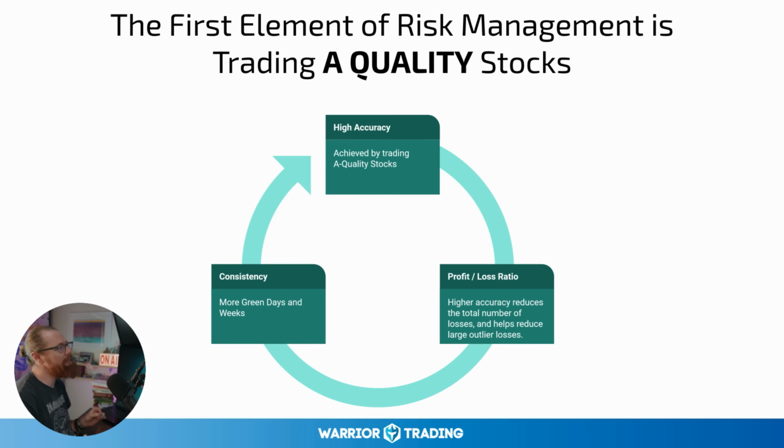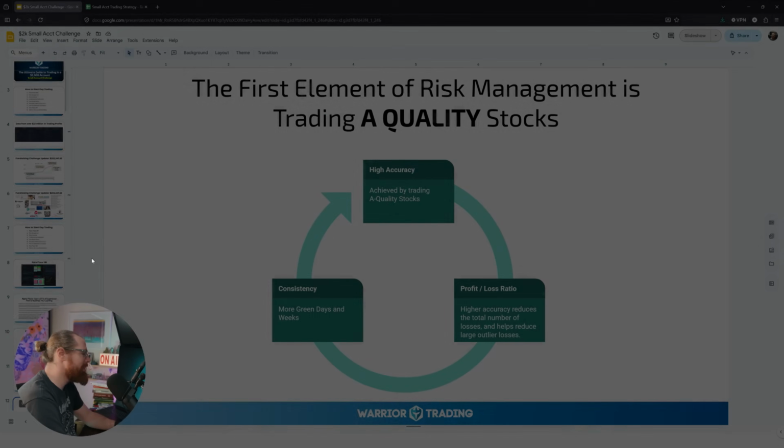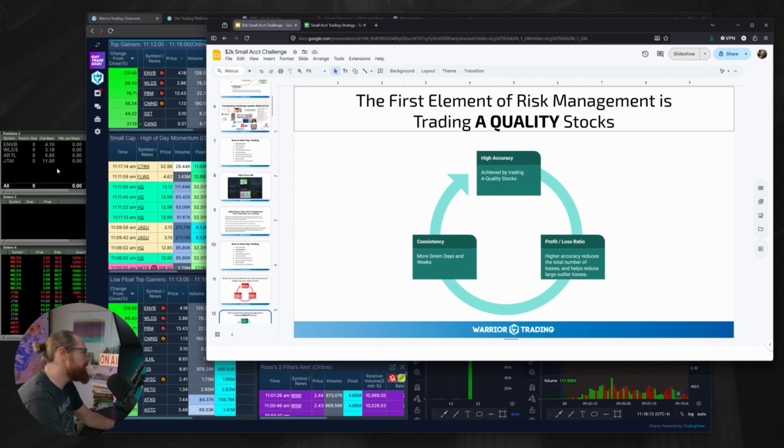So the first element of risk management is trading A quality stocks. Making sure you're trading the right stocks is the most important thing, because when you're trading the wrong stocks, that's when you get yourself into trouble. So what are the right stocks? We're going to talk about that in a moment with stock selection, but before we do, I'll just show you